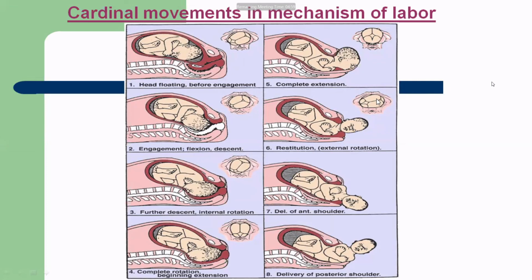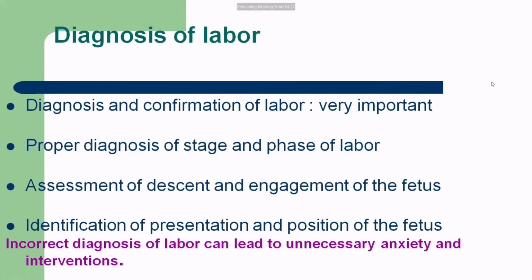Okay, so the occiput is going back to its original position, right? Here it has rotated, and here it is going back to its original position. So occiput and back are in the same line, right? Here you can see there is delivery of the anterior shoulder, and the head is already free, and there is delivery of the posterior shoulder after this, and the rest of the body will be delivered by lateral flexion, right? So this figure is very important.